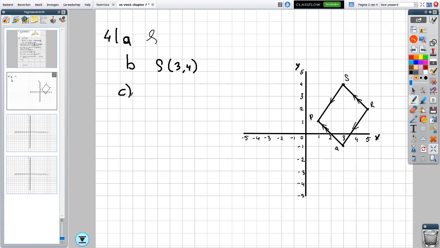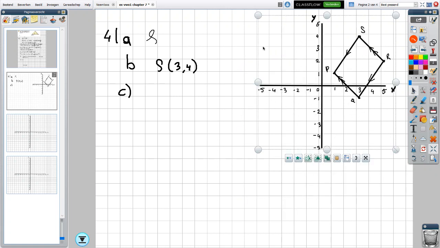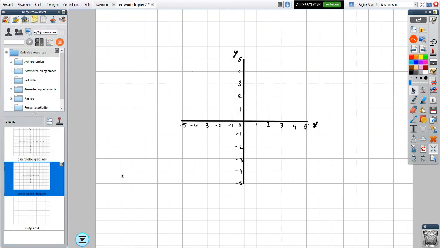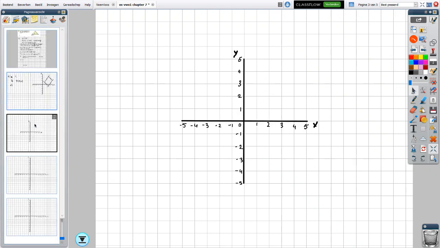Okay, then C. At C they say draw parallelogram PQTR. You can do this in the same drawing right here. What I would rather do, I think, is that I can even do it like this. Please wait for a second. I'm going to draw it in a new coordinate plane to make it a bit more